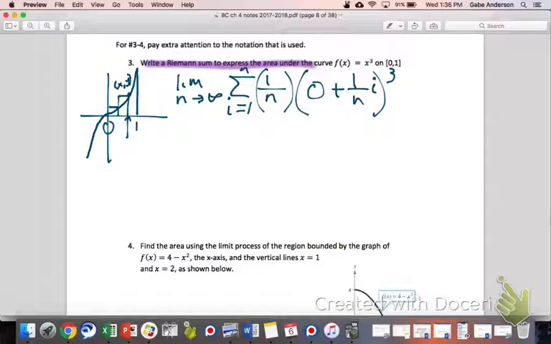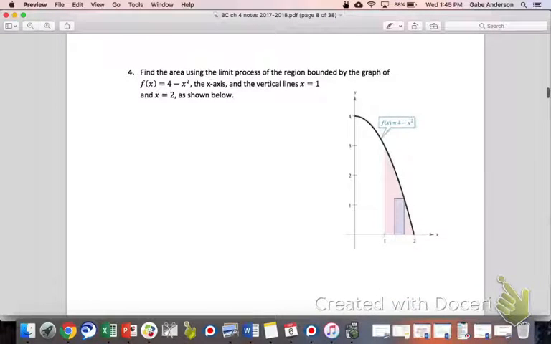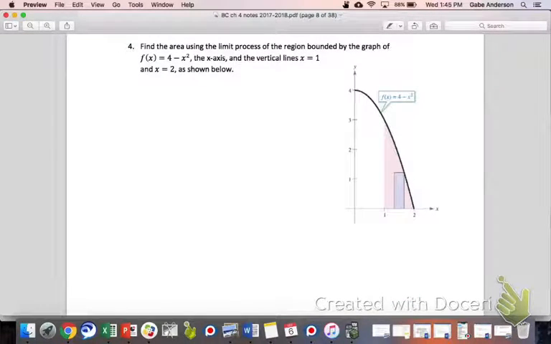Okay, so let's do another one, number 4. It's right there. So check this one out. This one actually encourages us to kind of go all the way with our answer. I don't know that we'll do that. This says, find the area using the limit process of the region bounded by the graph of 4 minus x squared, the x-axis, and the lines x equals 1 and x equals 2, as shown below. So let's see, at the very least, let's see if we can set this up, and